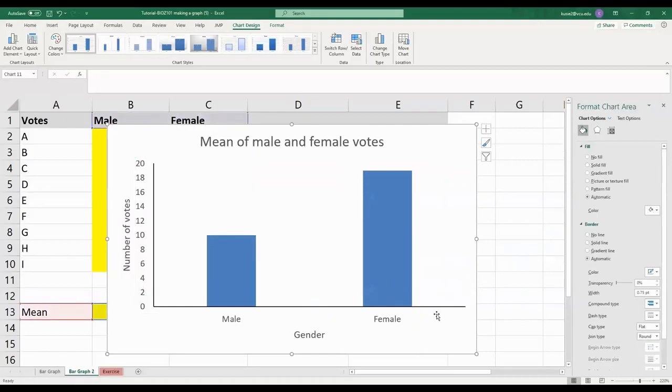Okay, and that gives another beautiful graph that you can present. So from this graph, we can see that the average number of females that voted were more than the number of males that voted. And that brings us to the end of